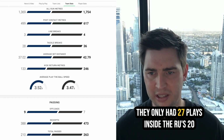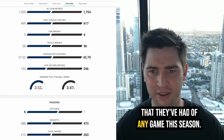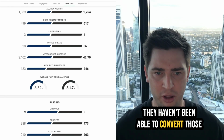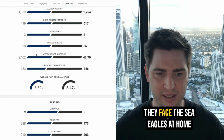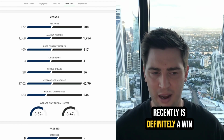They only had 27 plays inside the Roosters 20-meter zone this week, which is the lowest that they've had of any game this season. And in previous weeks, they've had numbers in the 40s and the 50s, but they haven't been able to convert those. They just had lots of ball down that end. But this game, they were able to convert that. They'll try and get some momentum going. They face the Seagulls at home this week, which the way Manly have been travelling recently is definitely a winnable